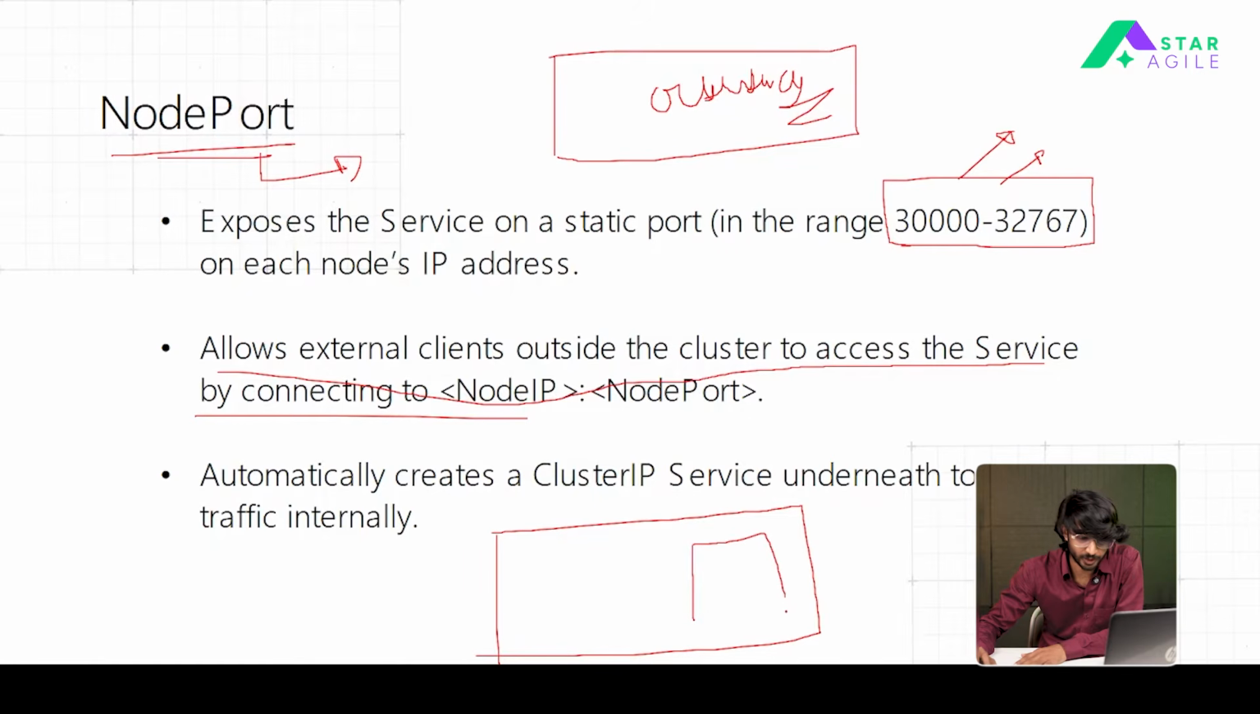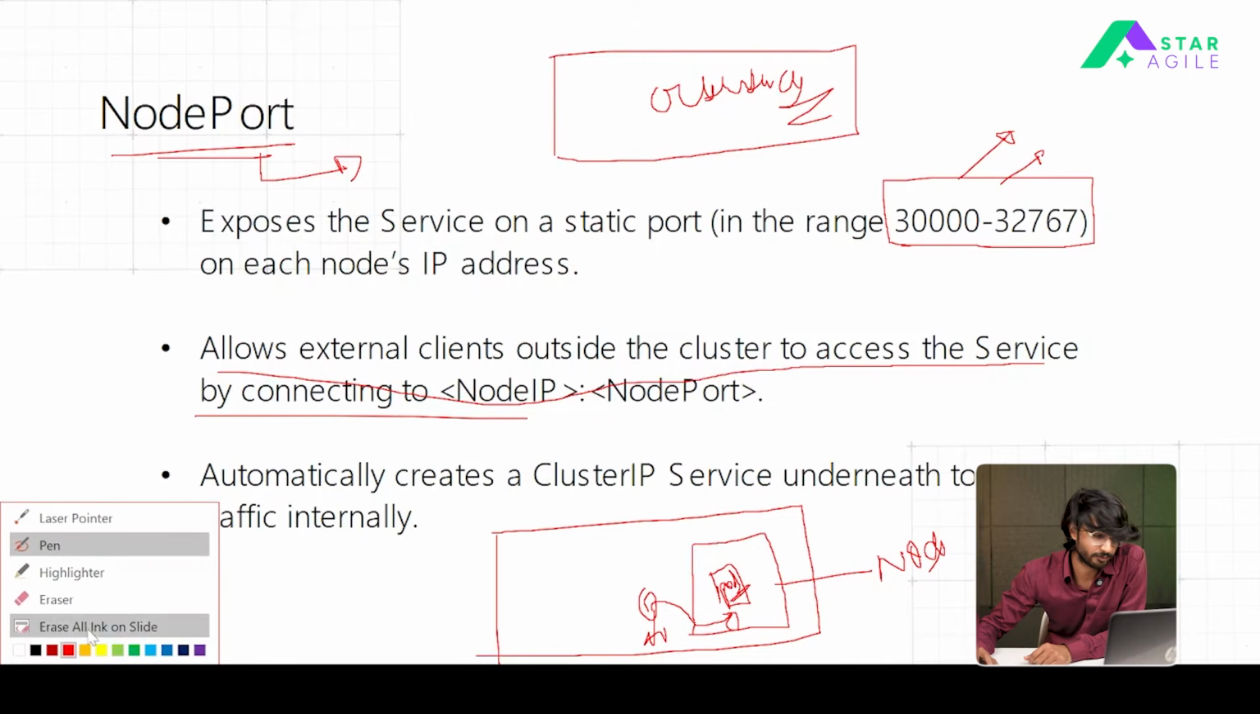Here I have a Minikube node. In ClusterIP type, the user has to enter internally to access the pod which is running there. In ClusterIP type, the user has to enter Minikube to access things. But in case of